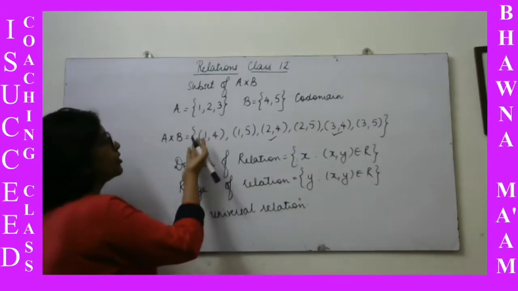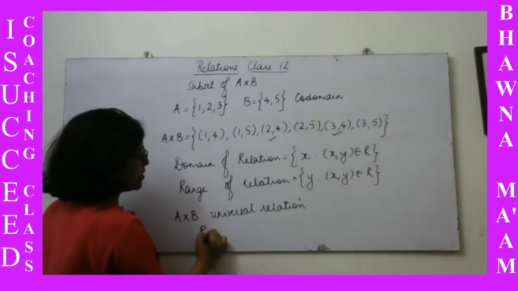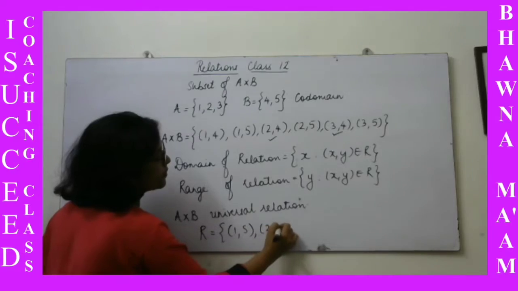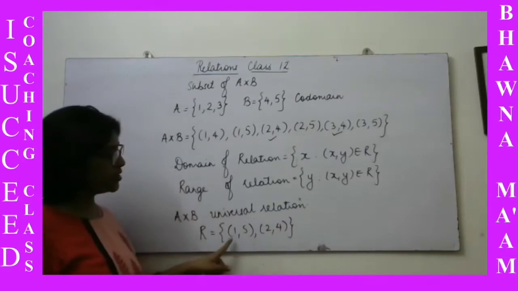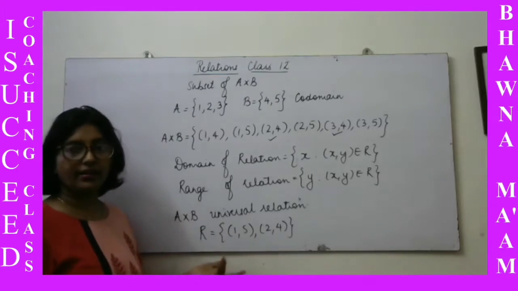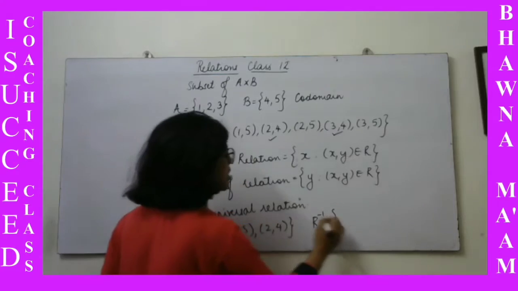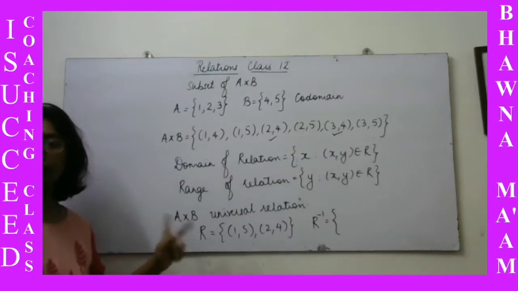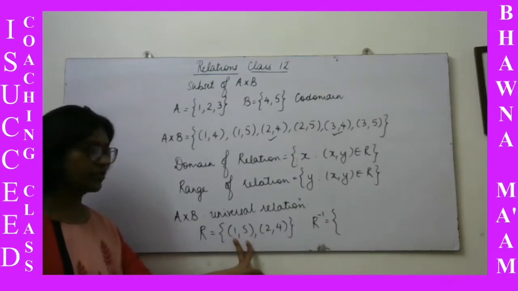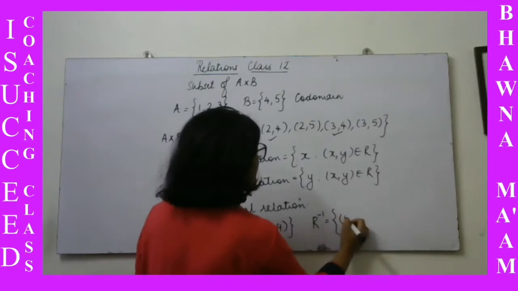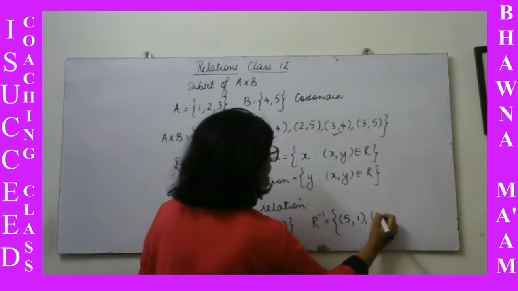And if we wanted an example of a relation, let us take up, say, R as (1, 5) and (2, 4). Then the domain is {1, 2}, the range is {5, 4}. And if you want to find the inverse of this relation, then we just have to flip the elements of the domain and the codomain, or the entries here. Like (1, 5) is the first ordered pair, we will write it as (5, 1), and (4, 2).